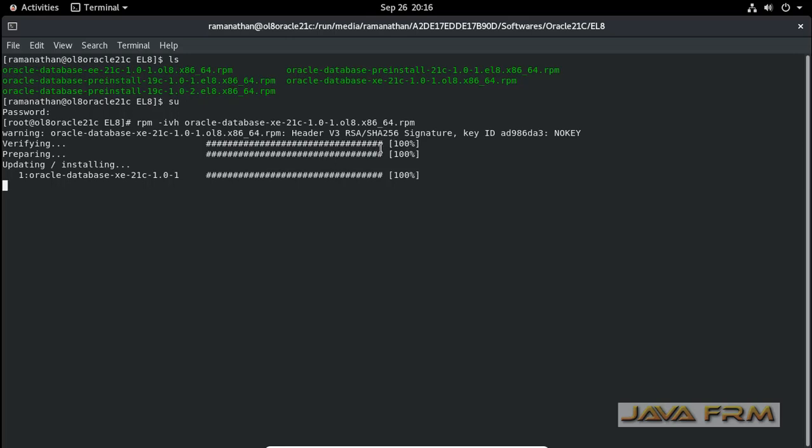This RPM will create a default database called XE and a pluggable database XEPDB1, and it will create the DBA users SYSTEM and PDBADMIN. So the RPM installation is successful, and some post-installation scripts will be executed.